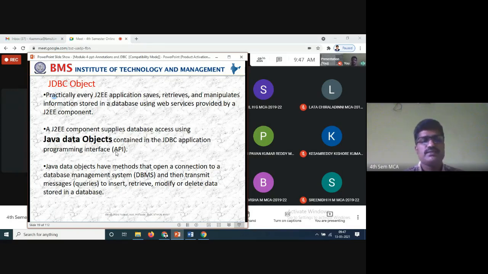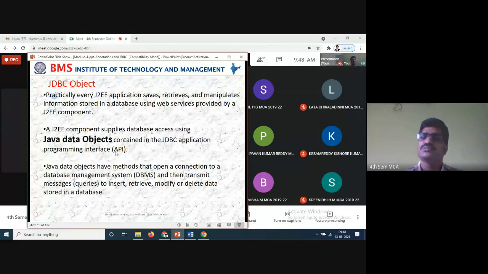Java Data Objects have methods that open the connections to a database management system. The particular methods open the connections to access the database management systems, and once it is open, then they transmit the messages, that is, the queries.